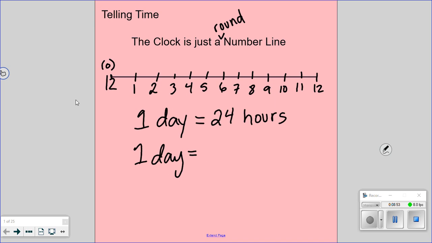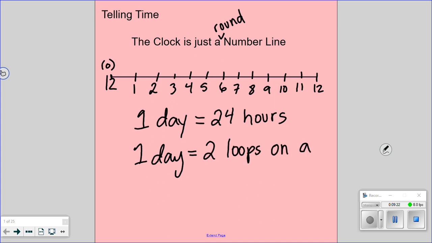Julian? 2 times. Does that mean a day is 12 hours? 1, 2, 3, 4, 5, 6, 7, 8, 9, 10, 11, 12. I loop back again. 13, 14, 15, 16, 17, 18, 19, 20, 21, 22, 23, 24. 24 hours. So 1 day is worth 2 loops